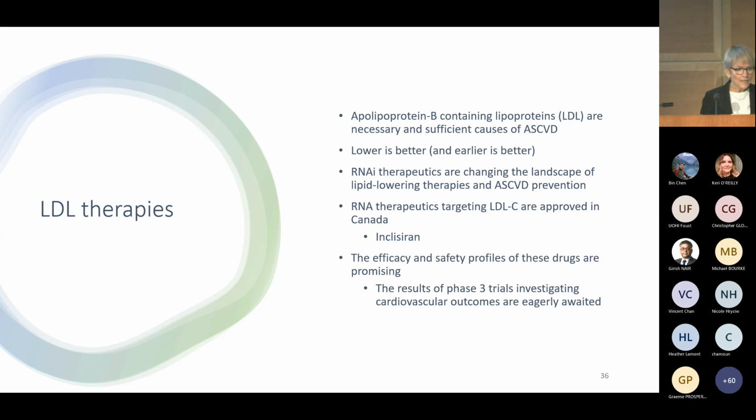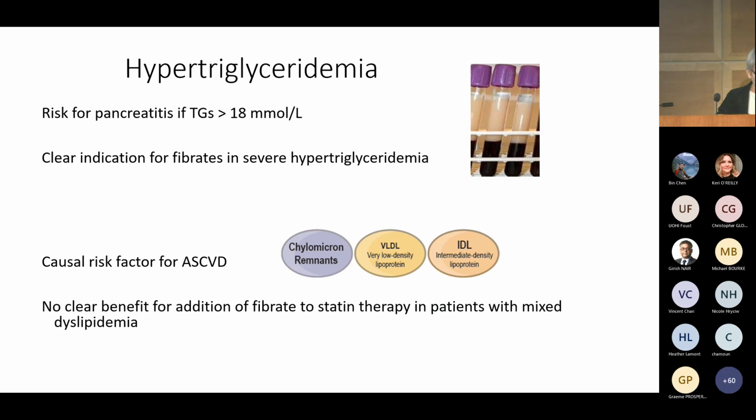Okay, so LDL, obviously an important target of treatment. Lowering LDL reduces the risk of cardiovascular disease in everyone with or without ASCVD, irrespective of the level of risk or the level of LDL. And I think we do have some new therapies coming along, and I'm sure there will be more in the future. So I want to say a few words about hypertriglyceridemia, which